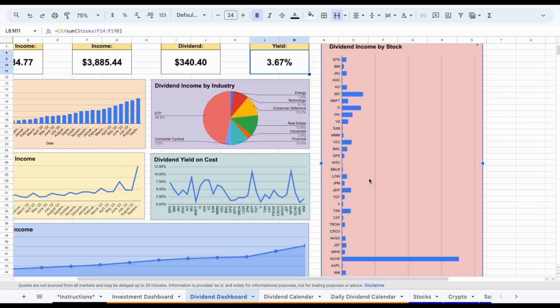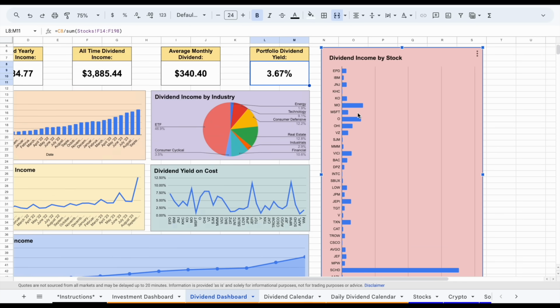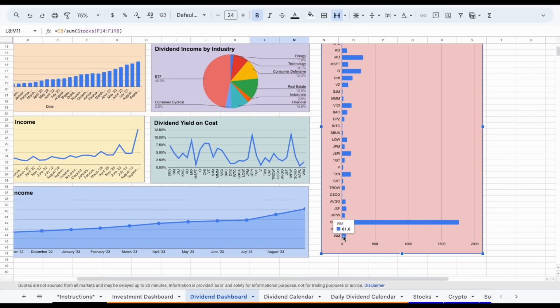But other than that, it's fairly well diversified where my dividend income is coming from. And if we scroll down just a little bit further, you can see my new position in Waste Management is going to be paying me around $61.60 a year in dividend income. And again, I did add some capital to some other positions,